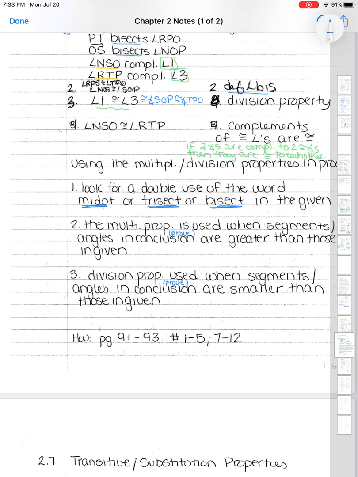So if you have number two in combination with the words midpoint, trisect, or bisect, then it's multiplication. If you have number one in combination with the fact that your conclusion or your proof statement is smaller than that in the given, then that is your division. If you do not have any reference to the words midpoint, trisect, or bisect, but you still have the idea in number two